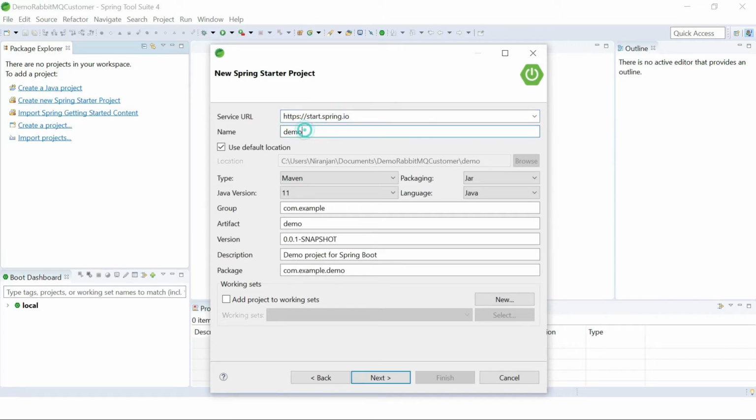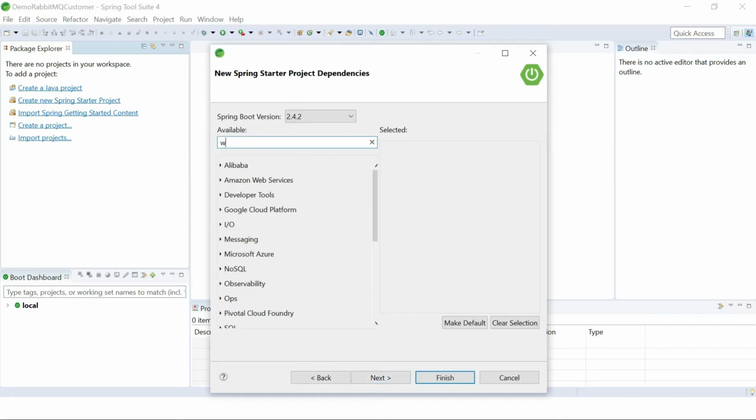So let me give the name: customer service, and com.rabbitmq. Here also I can give the same, com.rabbitmq.customerservice. This is my main package where my main class is. The Java version I can select is 8. Next, and we need web,